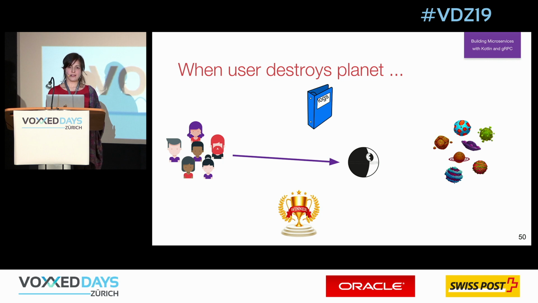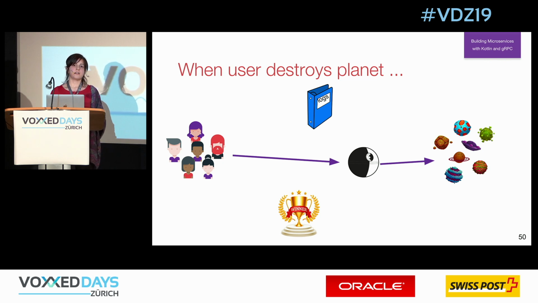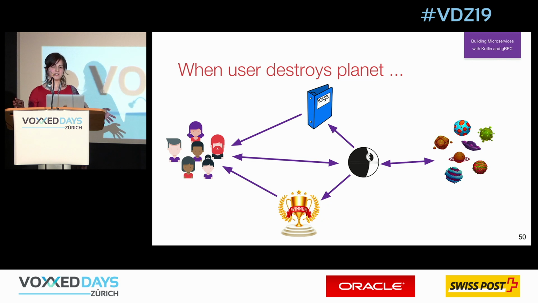If everything is okay and the planet is destroyed, we go to Planet service and we delete the planet, because it's destroyed, we don't really need it. And then Planet service generates a new planet and notifies our Death Star that a new planet is generated. Then we go to log service and log everything and update scores. And of course, we notify the user about everything that happened. It's not like the best architecture ever written, but it's how it works.